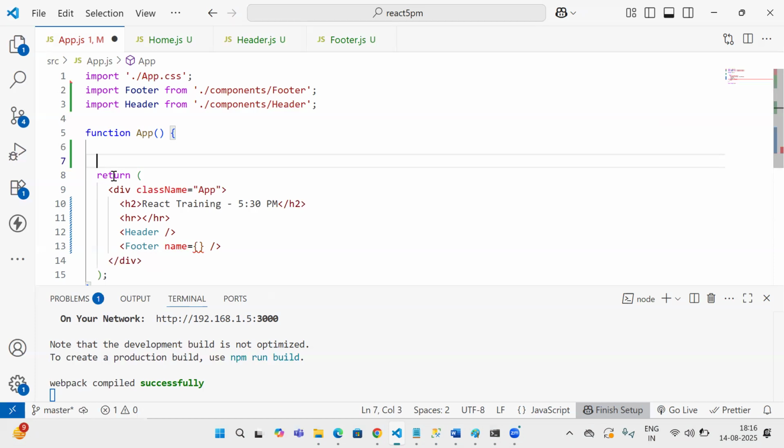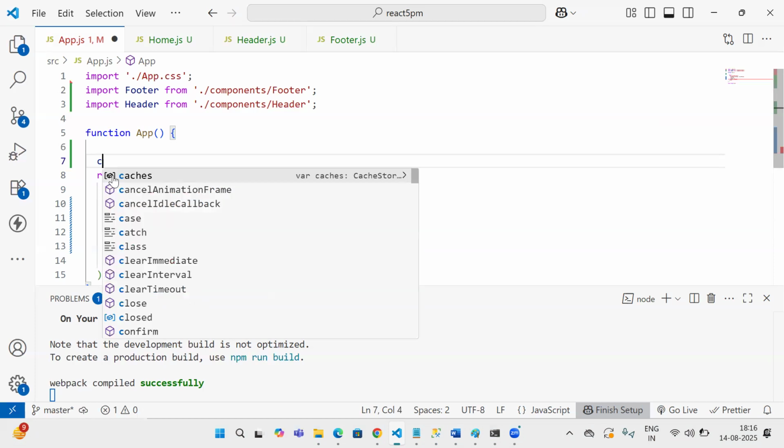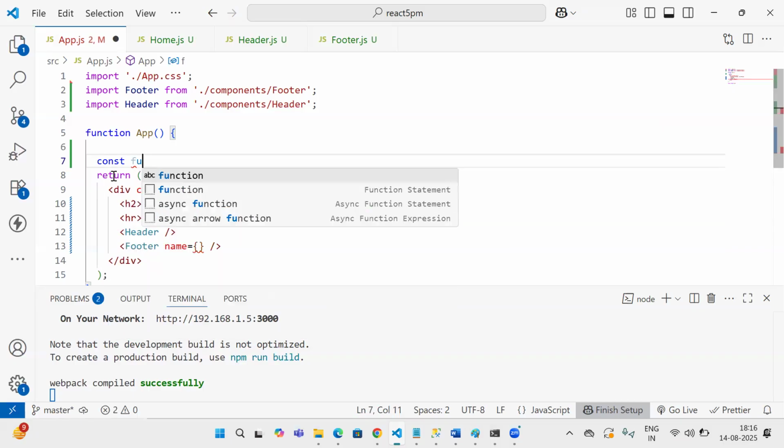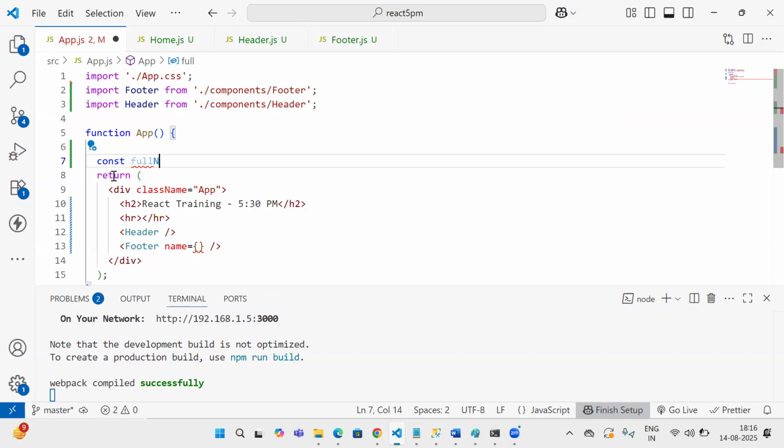Suppose over here I am writing const fullName. I have created one variable and I am writing over here Peter Smith, and now this full name